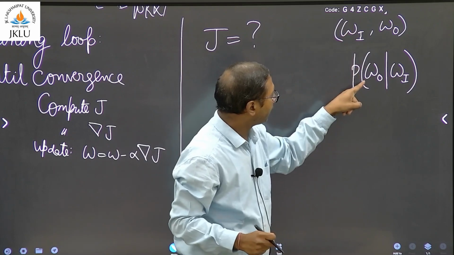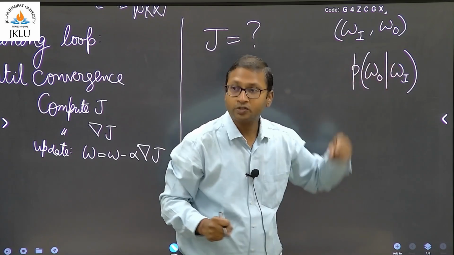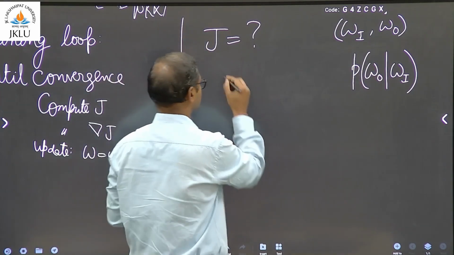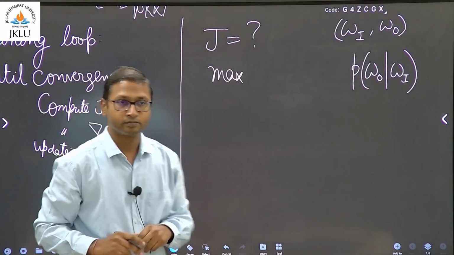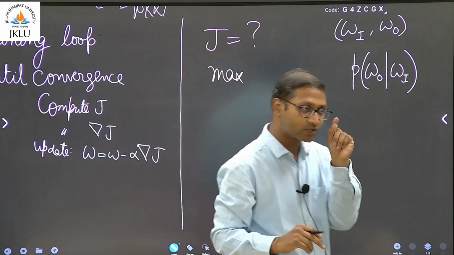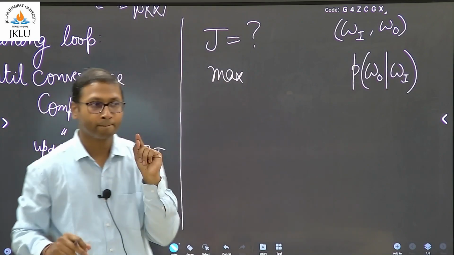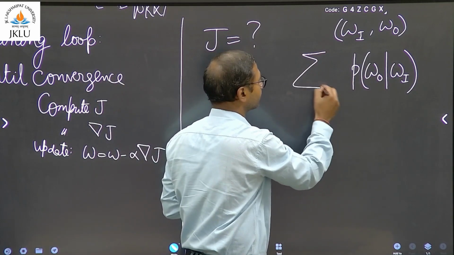So what we are looking for is that the probability of quick given fox should be maximized. Okay, so we maximize this. That was for just one training example. You are supposed to do it for everything. So summation